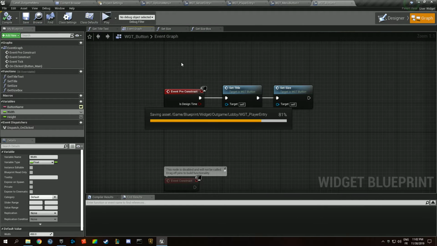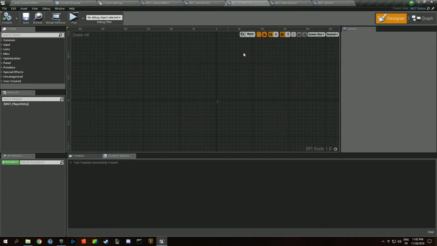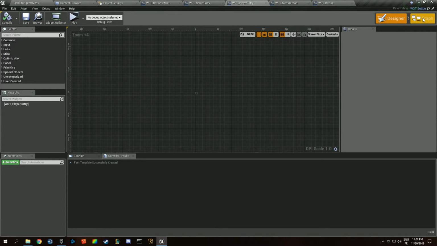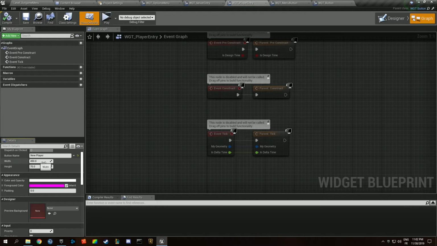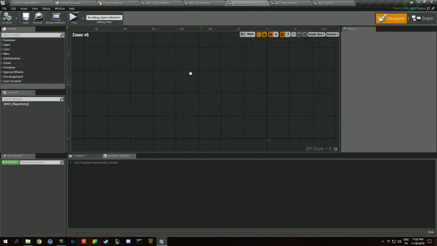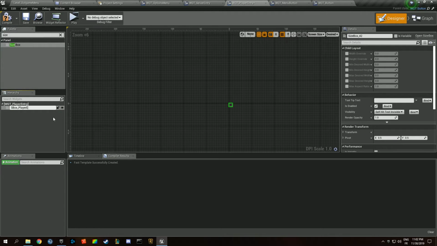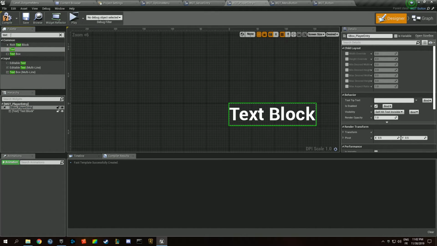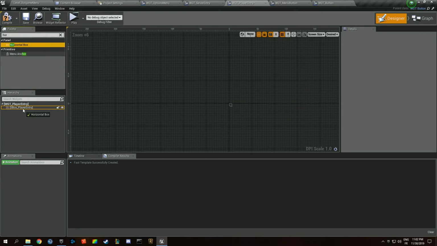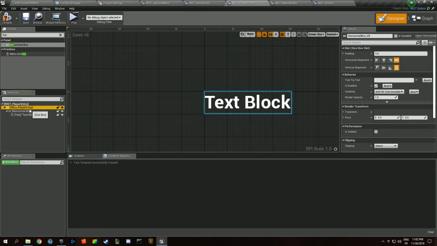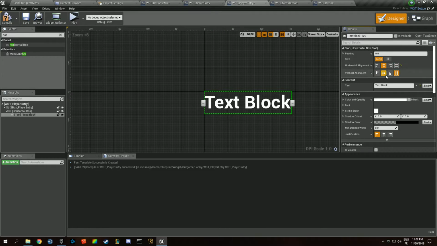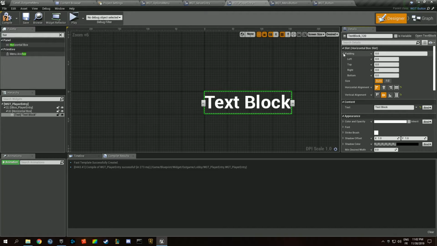Yep. So in the player entry we want to have a size, and yeah, it has the proper size. Player entry is going to have a size box, like this, S box player entry. It's going to have text, which is going to be the player name, in a horizontal box. So we want to cut that and paste that in our horizontal box like this. We want the text to be in the middle, center on the left, with a little bit of padding there,